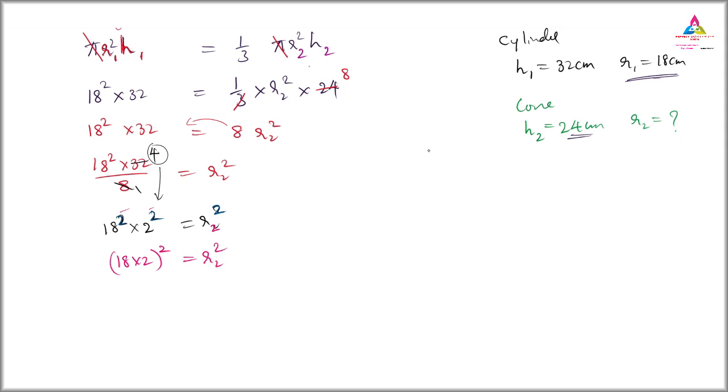Now remember this square what we have, we can put it this way. So square and square I can cancel. Otherwise, if you put this square on the other side it will become a square root. Square root of the 36 square, because this square is like this only, that I will keep as it is. The square I have brought to the left hand side becomes a square root. So on this side only r2 is left. Or you can cancel this square and this square here itself. That is left to you, how big or small you make the problem. Now you can cancel this square and square root.